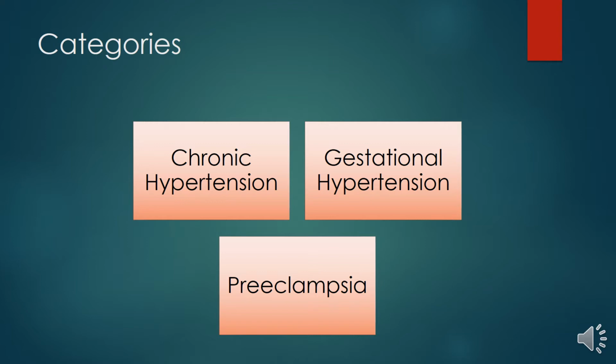So chronic hypertension is women who have high blood pressure, over 140 over 90, before pregnancy, or when it's diagnosed early in pregnancy before 20 weeks. It could also be somebody that continues to have hypertension after delivery. So these all indicate that there's a chronic problem, whether we knew about it before the woman was pregnant, or maybe we didn't, but it was diagnosed very early,